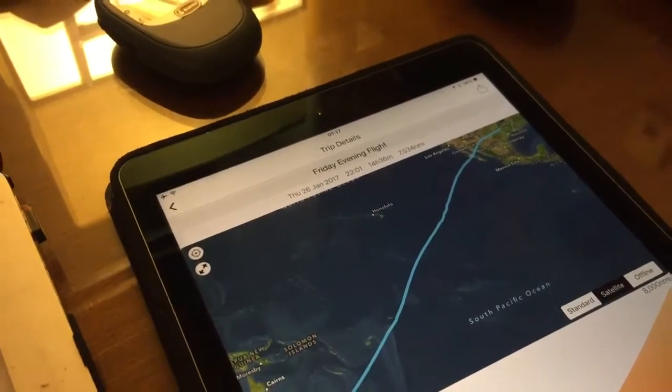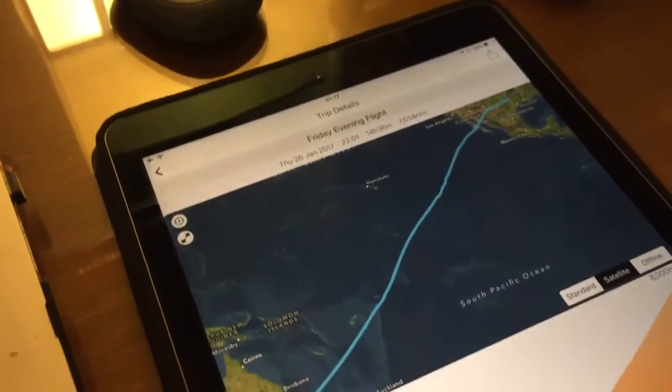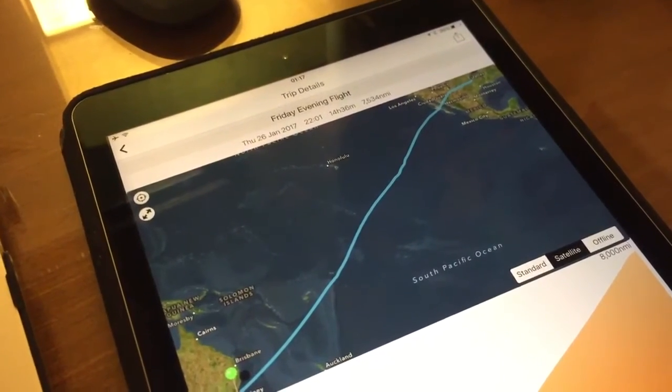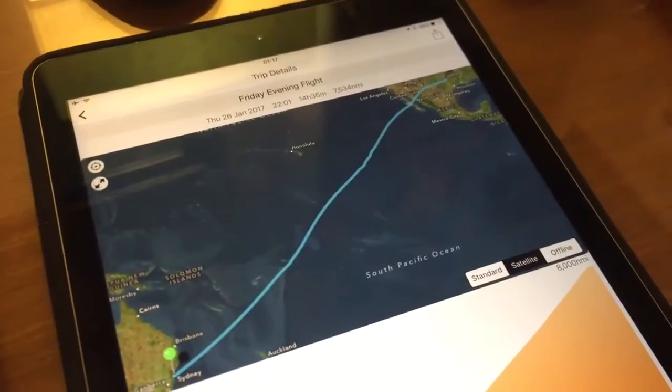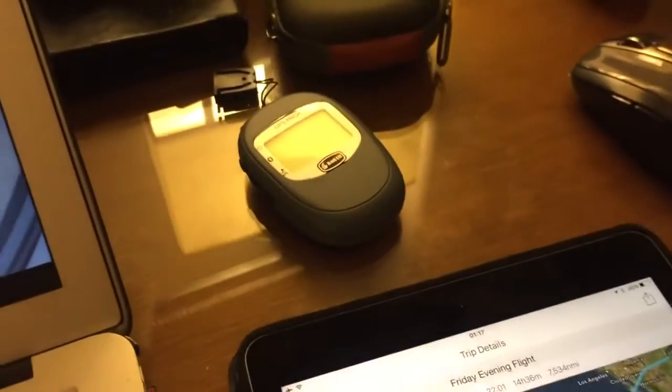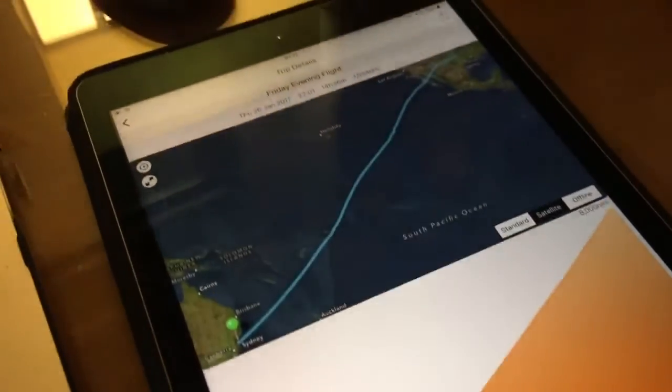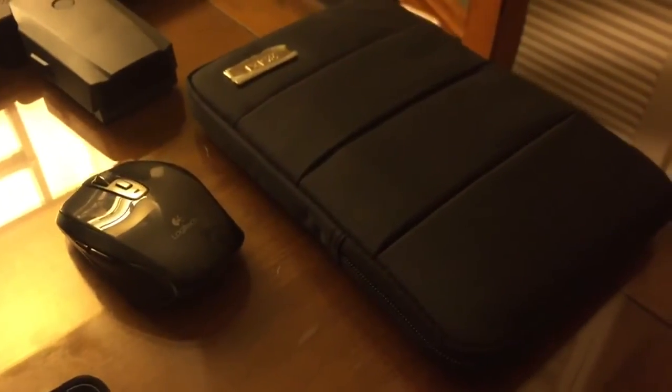So it's Saturday the 28th of January now, and I'm back in the USA after having flown from Sydney on QF7, which is the Airbus A380 operating direct from Sydney to Dallas. Once again, I used my Bad Elf GPS units to record the flight, and it's a seamless log without any dropouts. I'll talk about that in a separate video because I've also got some footage from a couple of Galaxy